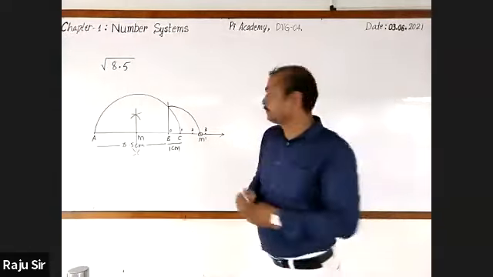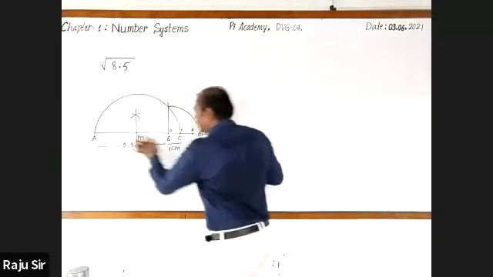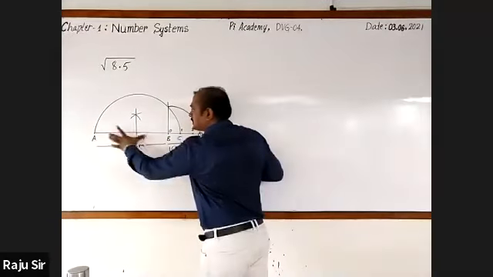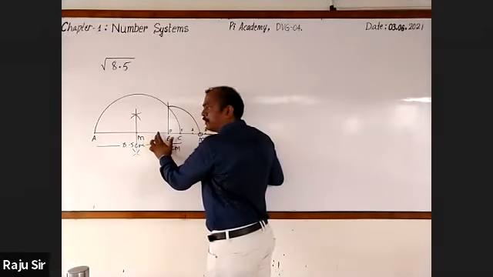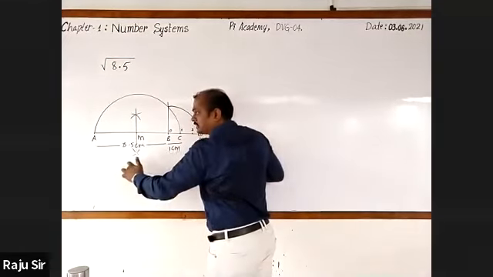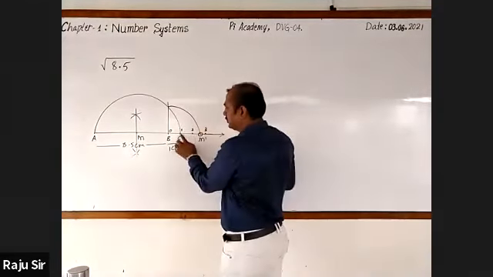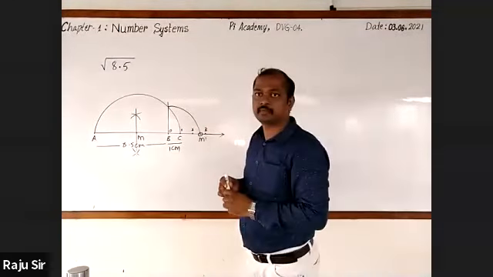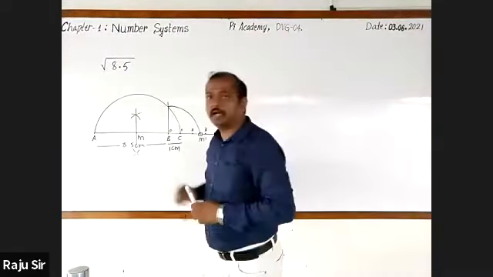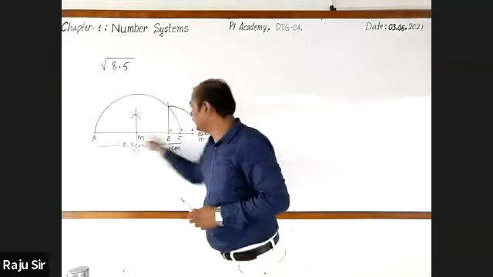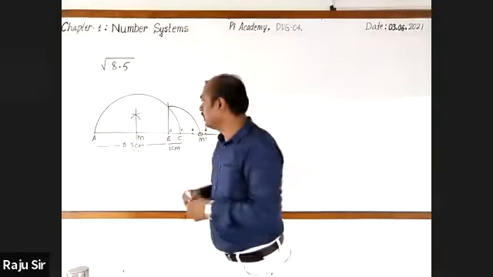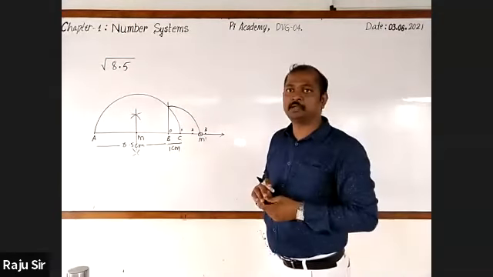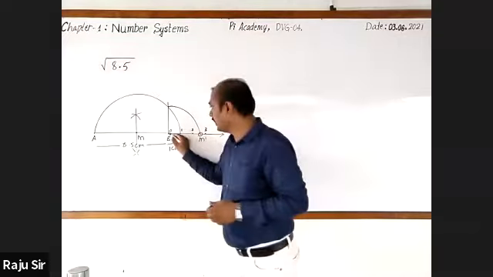Then after that, you will draw the perpendicular bisector to AC. With A as center, in compasses, you will take more than half of AC and you will draw the arcs. With the same radius, with B as center, you will draw the arcs which cut the previous arc. Next, you will join these points. It will intersect the number line at a point, and this point is the midpoint of AC. Midpoint of AC.